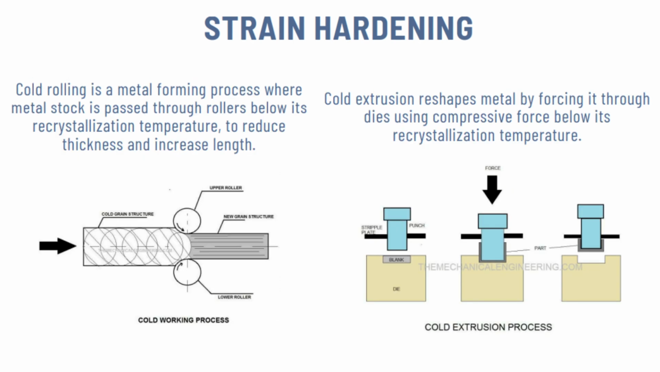So below are two of many processes that can be done in order to achieve strain hardening. The first method is the cold rolling method, which is a metal forming process where metal stock is passed through rollers below its recrystallization temperature, which is done to reduce the thickness of the material and increase length, and also create a new grain structure which can harden the material. The second method is called cold extrusion, which reshapes metal by forcing it through dies